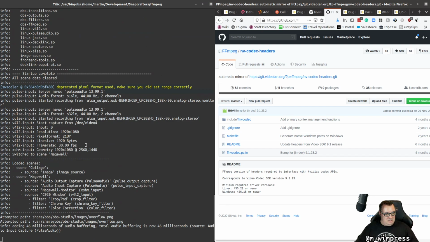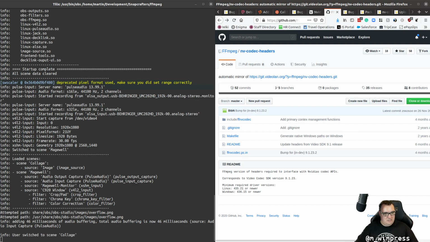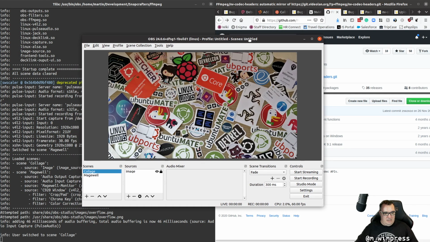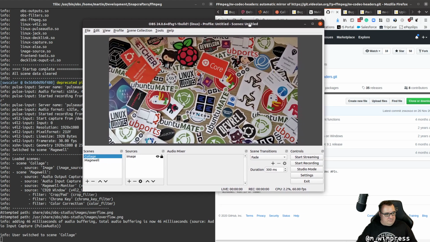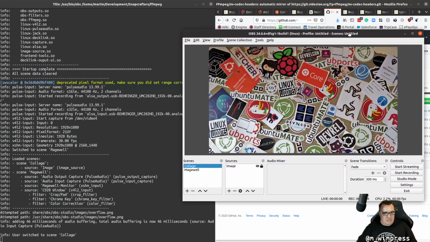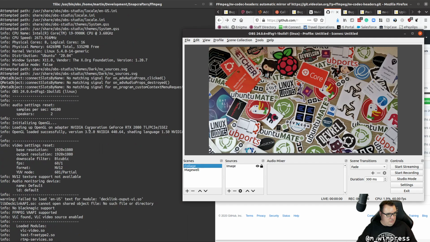Golly gosh, let's try and make that a little less crazy and just set that to something simple. So here is the deb of OBS running. And if we look at the startup output a little bit further up, we will see